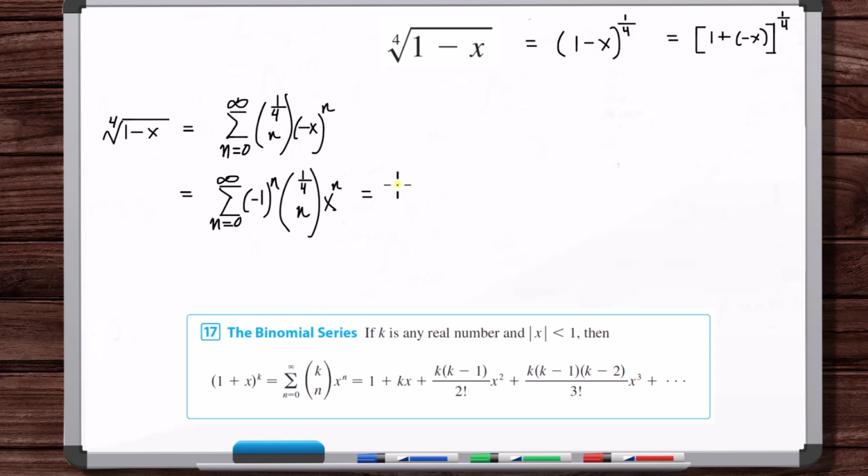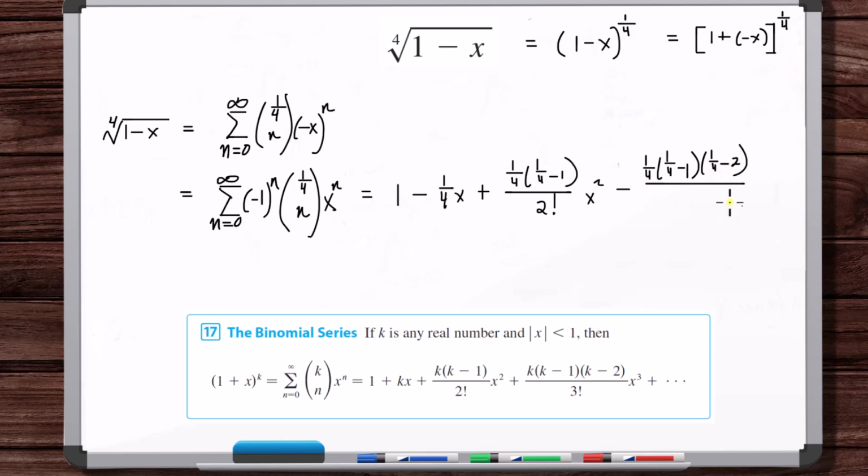And then we've got 1 plus, or no, this is going to be minus now. 1 minus 1/4 x plus 1/4 times 1/4 minus 1 over 2 factorial x squared minus 1/4 minus 1 3 factorial x cubed plus,